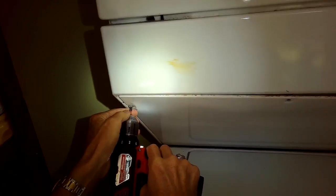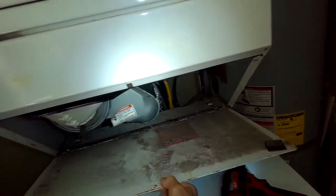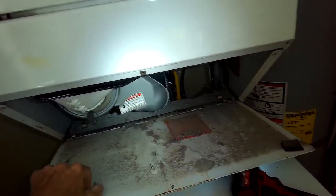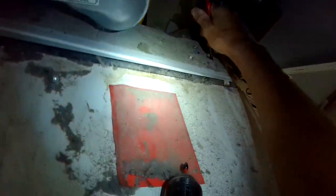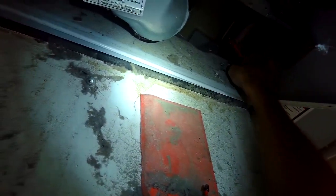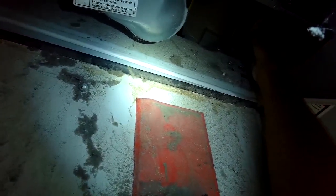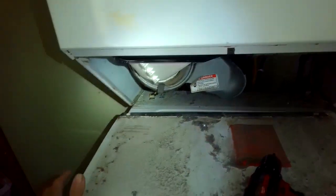We're going to remove this panel that is in between the dryer and the washing machine. There's 3 Phillips head screws you take out. And then once you remove the panel, you see these interesting brass clips in the back. You take a standard head screwdriver and you pry away from you, and that releases the clip here on the right side. The one on the left does the same thing, but there's not much room,